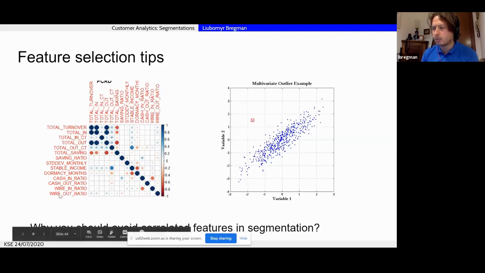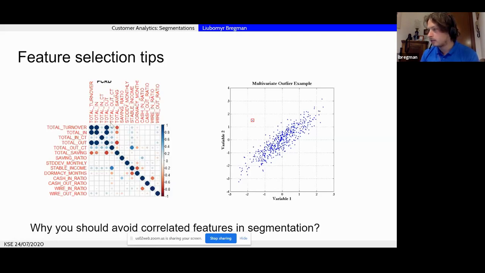Roughly, I excluded the monetary operations here because in that data set they were really rare. Very few customers actually did these monetary operations. But okay, let's take a look at this chart, which is called a correlogram.